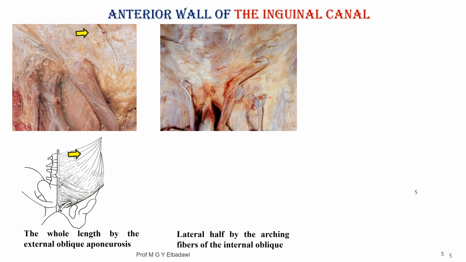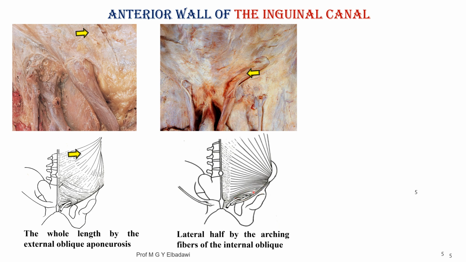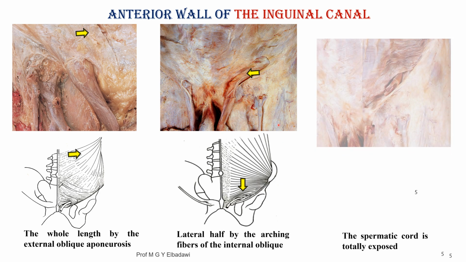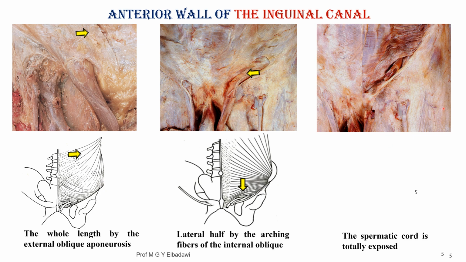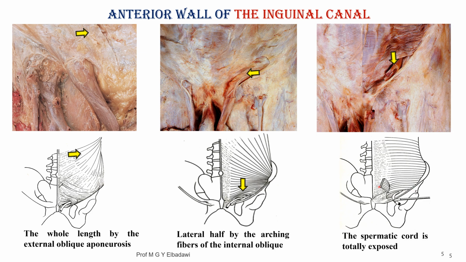Here, the lateral half, as we said, is formed by the arching fibers of the internal oblique, which shows better in that diagram, where the internal oblique is arching over the spermatic cord. Lastly, when you remove both the external oblique and the internal oblique fibers, the cord will be exposed completely and the inguinal canal is opened in front of you as it appears in that diagram here. That is the conjoint tendon reflected, and that is the spermatic cord totally exposed. That is the anterior wall of the